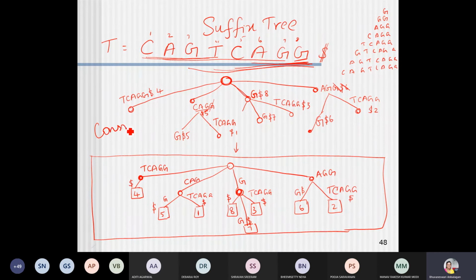So this is how you have to construct. This is the construction of a suffix tree. The next part will be searching. Searching is very simple. Just like a brute force search technique, you can do the search. For example, if I have to search for AG, how many times has AG occurred? The substring has occurred two times. So you can search it over here in this place.